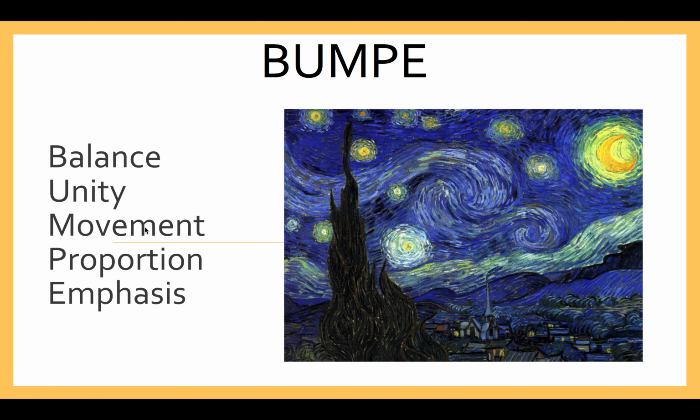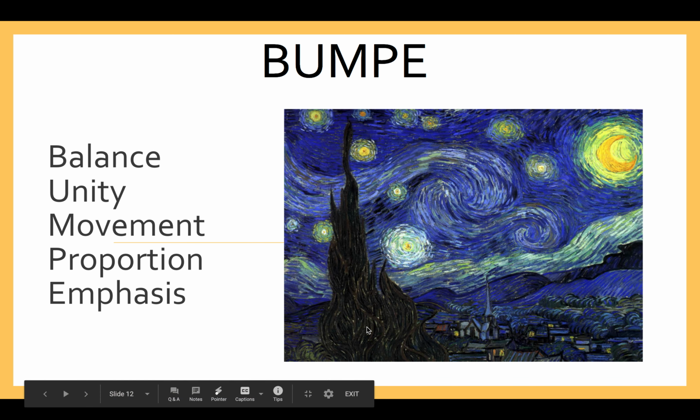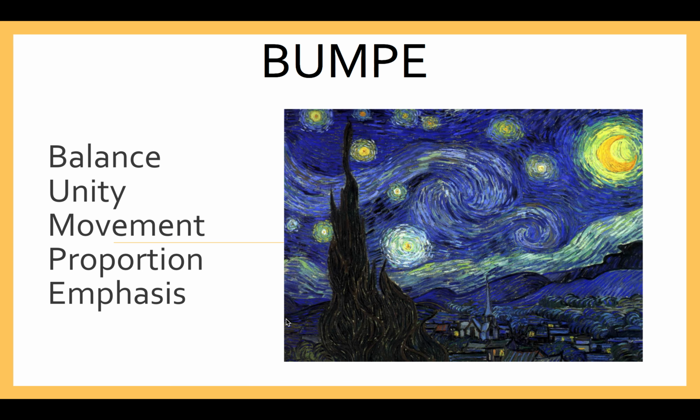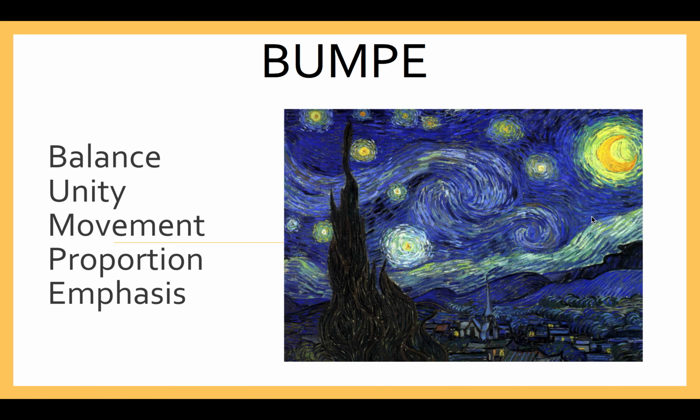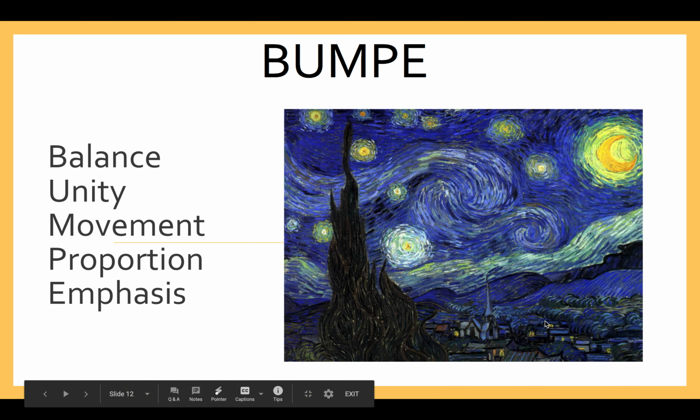You could argue movement, right? So this has got a lot of movement. You're moving from left to right through the swirls in the sky. You're moving concentrically from the outside of the circle inward, or you could argue that you're moving outward, right, from these circles. You're moving upward. You know, this has got a ton of movement. As far as unity goes, you could talk about the brush strokes and how they unify the sky, whereas the brush strokes are very different down here. And so the sky is united, yet the world below is not. I don't know. There's a bunch of different things you could say about this.